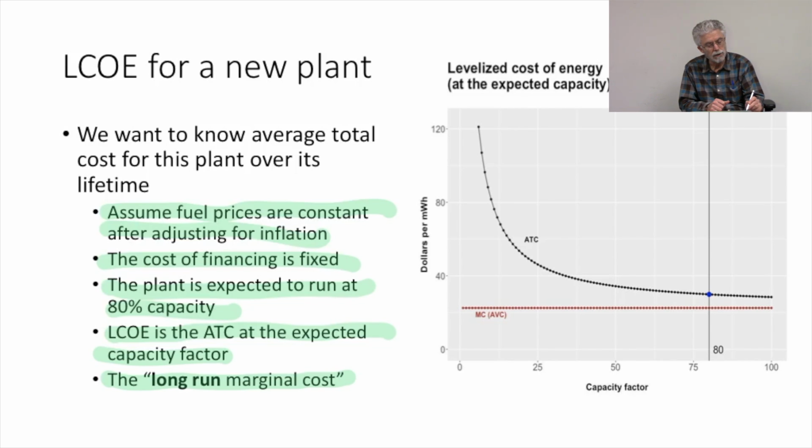So let's take a look at the graph we have of the levelized cost of energy. So here we have an assumed long-run capacity factor of 80%. We're going to be running the plant 80% of the time. That accounts for its competitiveness in the market, whether it's under a power purchase agreement or not. It also depends on how much the plant has to be down for maintenance activities. So if we are running this plant at an expected 80% capacity factor, then the average total cost of operating that plant at 80%